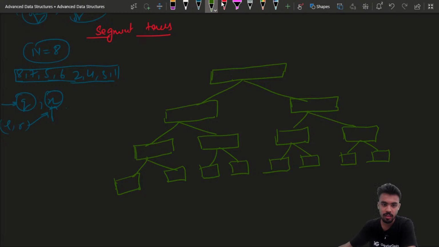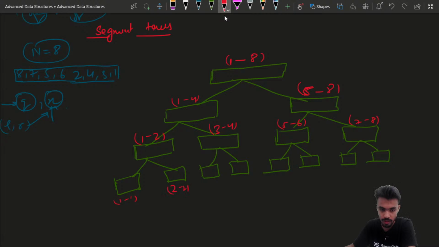Now we can define the range for this also. The root node would be storing the result from 1 to 8, this would be from 1 to 4, this is from 5 to 8. If you have seen the last lecture, you definitely know what this means. This is 1 to 2, this is 3 to 4, 5 to 6, and this is 7 to 8, this is 1 to 1, this is 2 to 2, this is 3 to 3, 4 to 4, 5 to 5, 6 to 6,